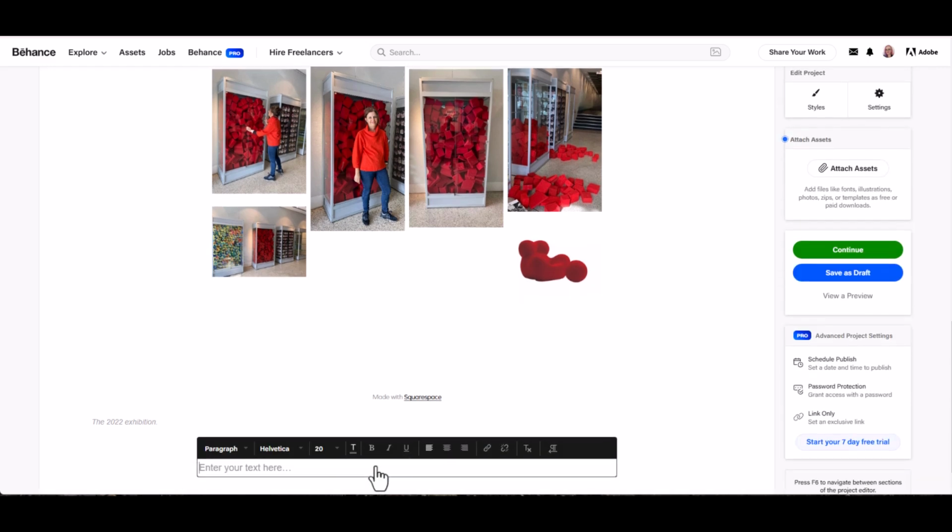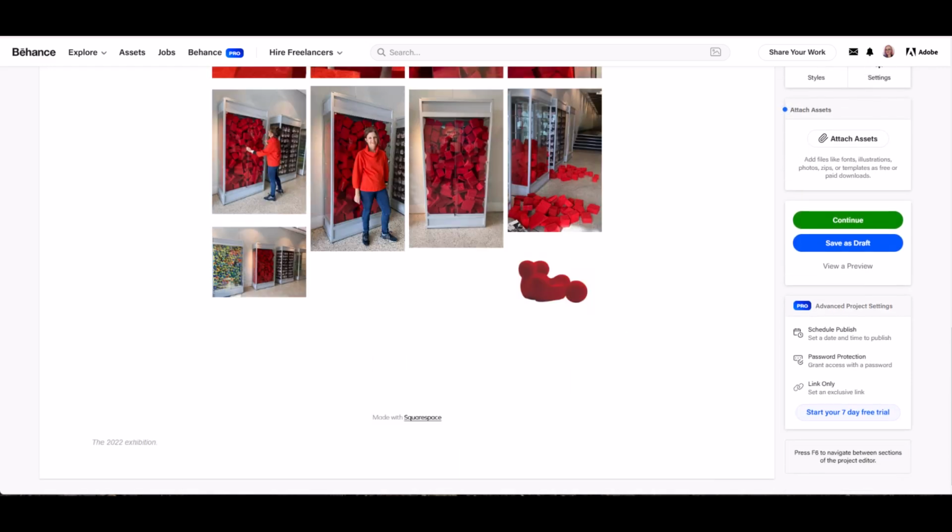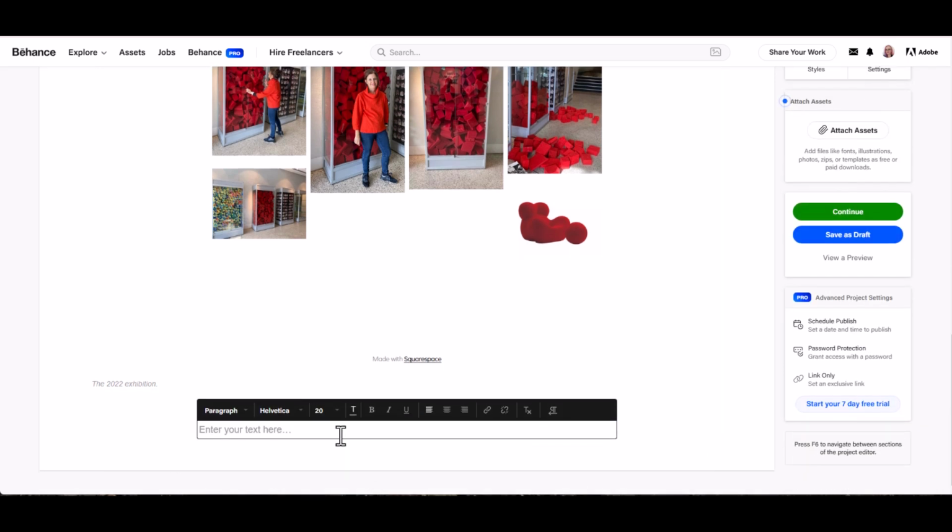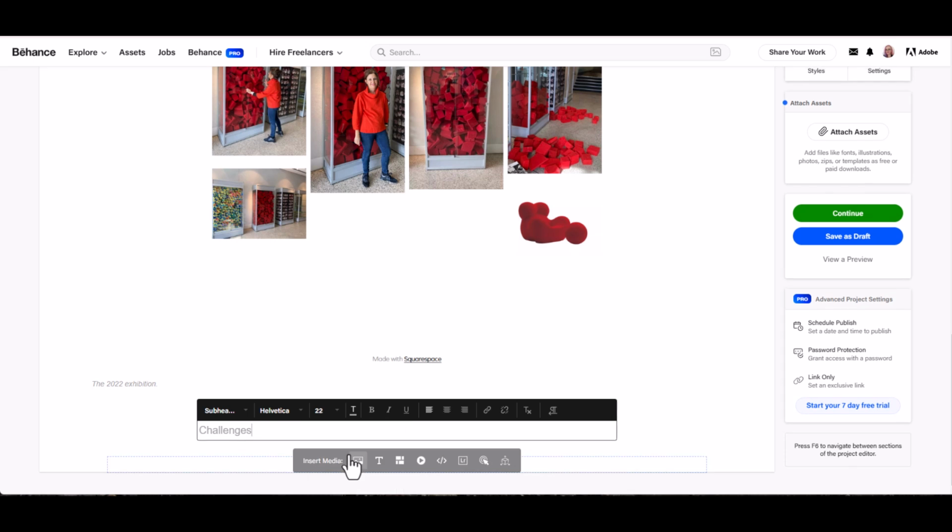So I might insert more text, and I might decide here that I'm going to tell people what the challenges of the project are. I'm going to use a subheading for that. Now, one thing I don't like about the defaults here is that the subheading is the same size as the body text, but it is in a lighter color, and that doesn't work for me whatsoever. So do go in if you decide you don't agree with what the defaults are,